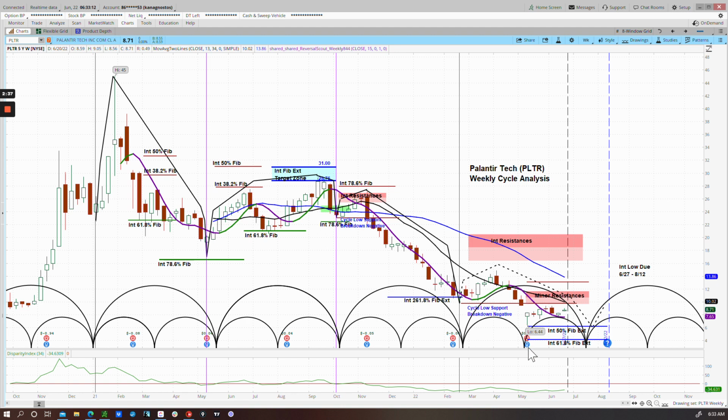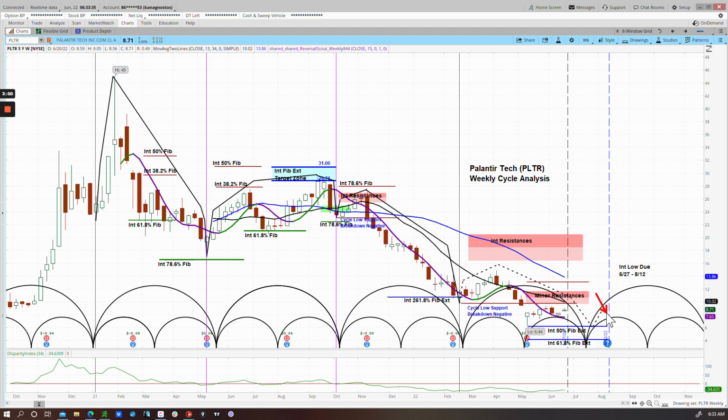Now we made a minor cycle low right here and moved up, similar to what has happened in all of these past cycles, but we have not been able to make it up into this minor resistance zone, which would be a high probability entry point for a short side trade going into this timing window between June 27th and